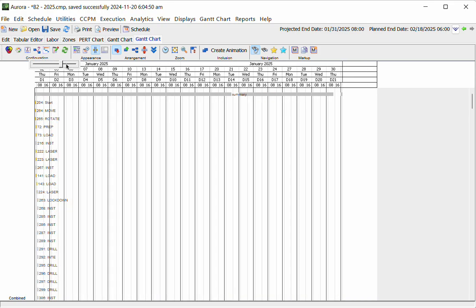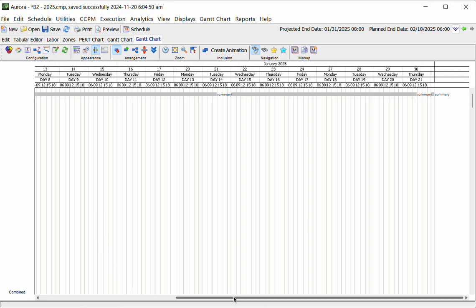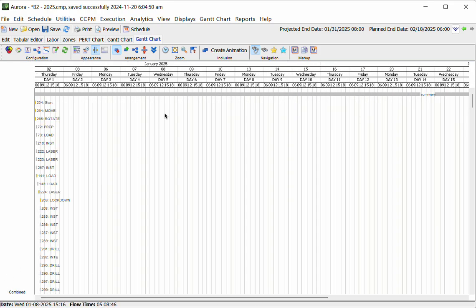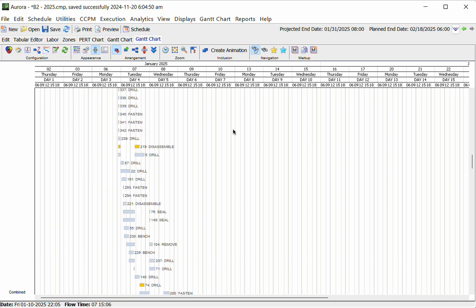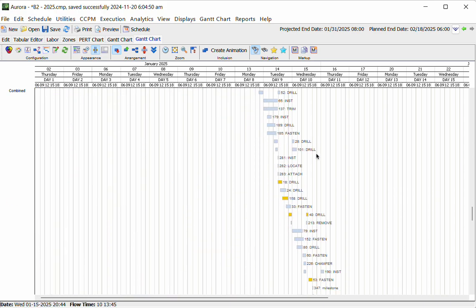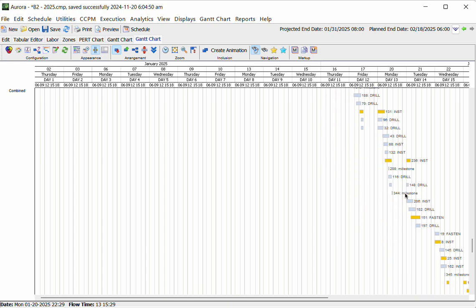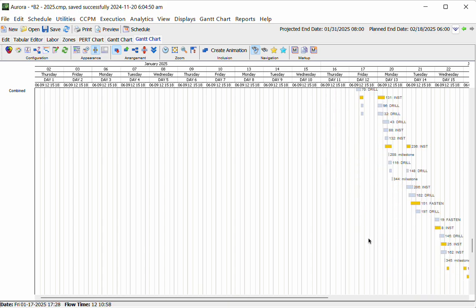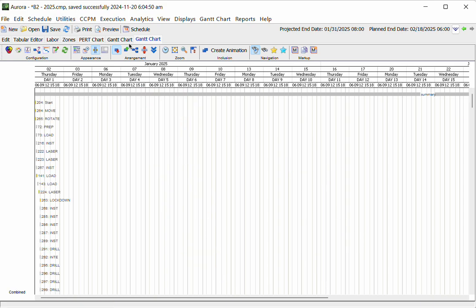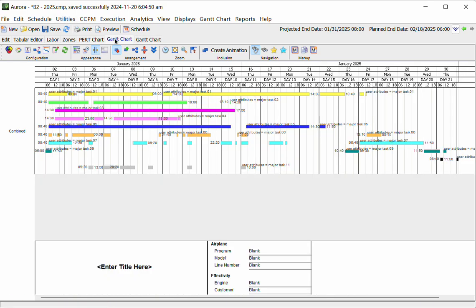So here is my default Gantt chart, which has not been customized at all. You can see that that shows me my big cascade of work, but honestly, that stops being useful once I'm above maybe 100 jobs at most. So it's very common for people to put together a summary Gantt chart that will give them a high-level view